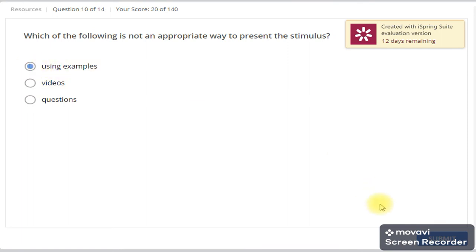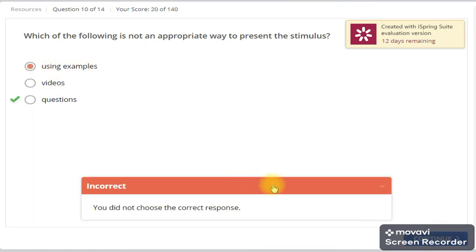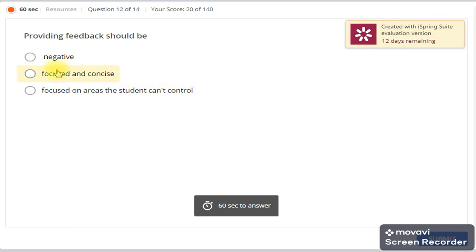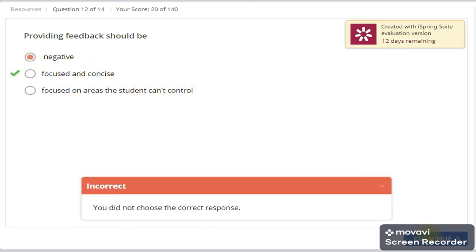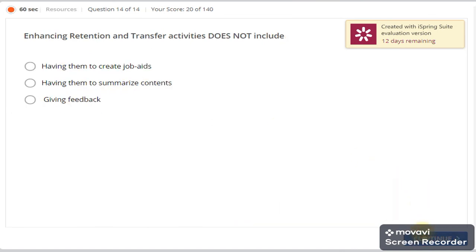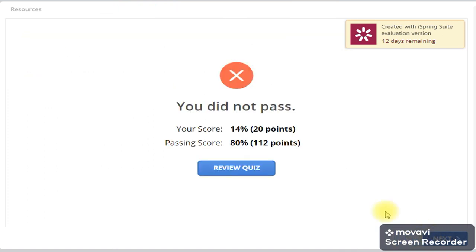So I'm simply clicking this now. You can continue. So you can see that I did not pass the test because my score is just 14%, and if I want to pass the test I should at least score 80%. So I can choose to review the quiz or go